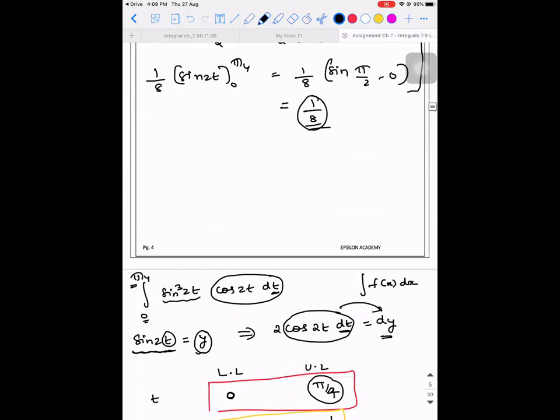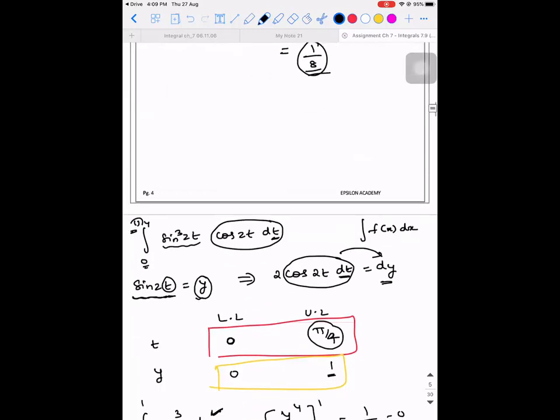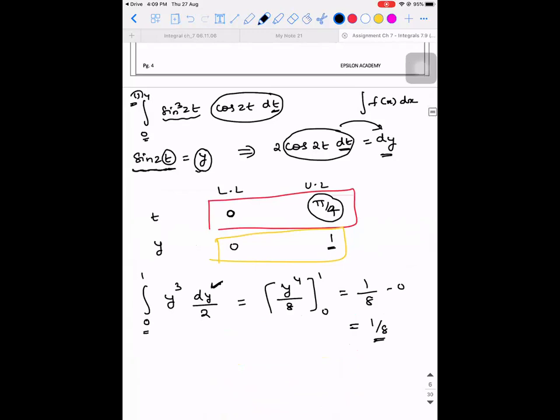Okay. So this method is called the substitution method. In the previous case, you did the substitution method using the concept of indefinite integrals. Here we did the substitution method using definite integrals. So when I say substitution method using definite integrals, you need to change the limits of the variable in accordance with what you substitute. Are you guys able to understand? This is one such example. Make a note of it.